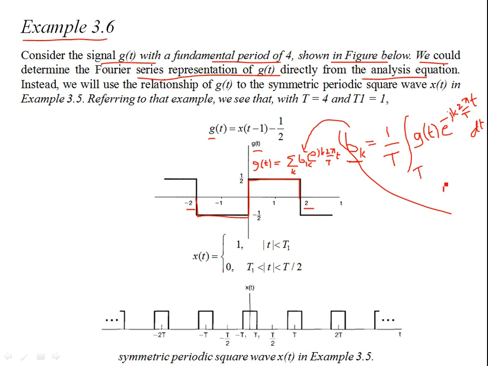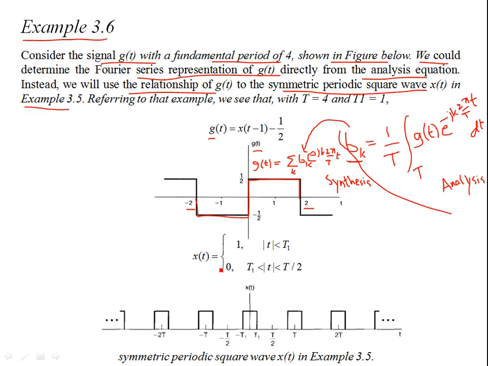So this is the analysis equation, which gives you the Fourier series coefficients, and then you have the Fourier synthesis equation. So all we need to find out is the Fourier coefficients. Now either you can use this integration in the Fourier analysis equation to find the coefficients b_k, or instead you can use the relationship of g(t) to a symmetric periodic square wave x(t),